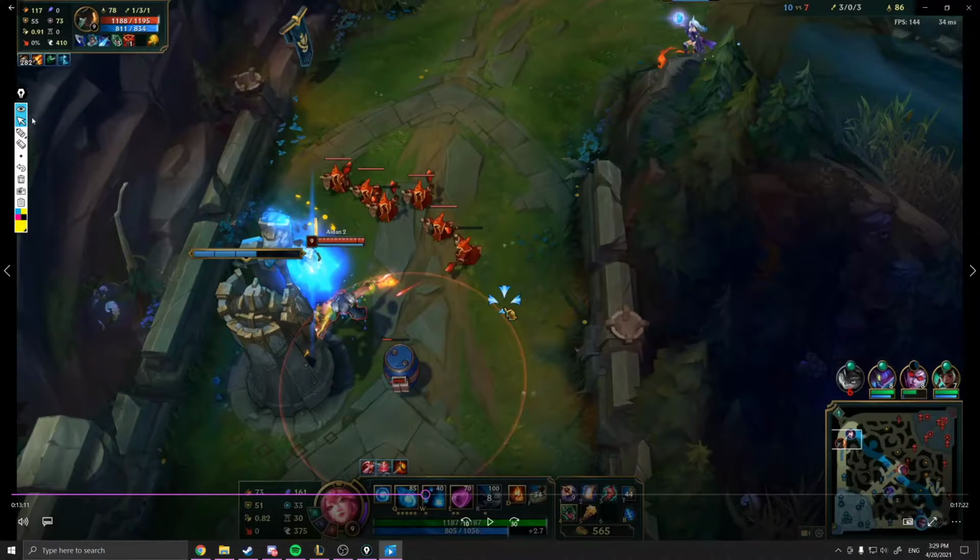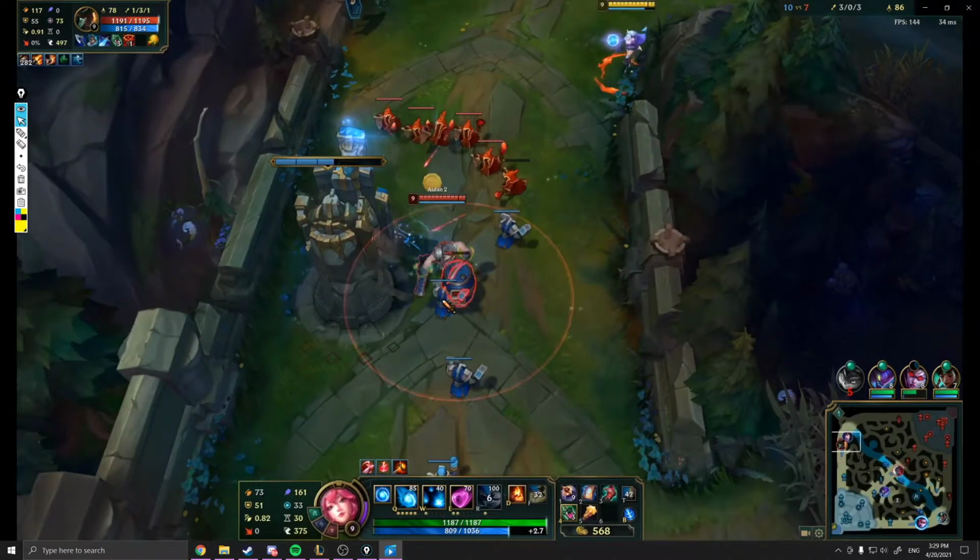Obviously, the ability haste works on your charm too, but I think you're pretty much only going to be getting one charm or two charms. If a fight lasts long enough, you're probably going to be getting two charms no matter what. So I think building damage is just better in LCS, but they just kept building Cosmic Drive every game and doing no damage. So